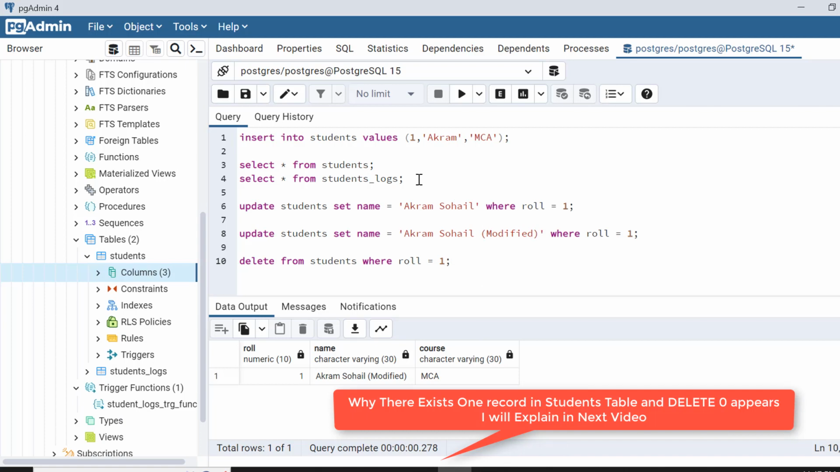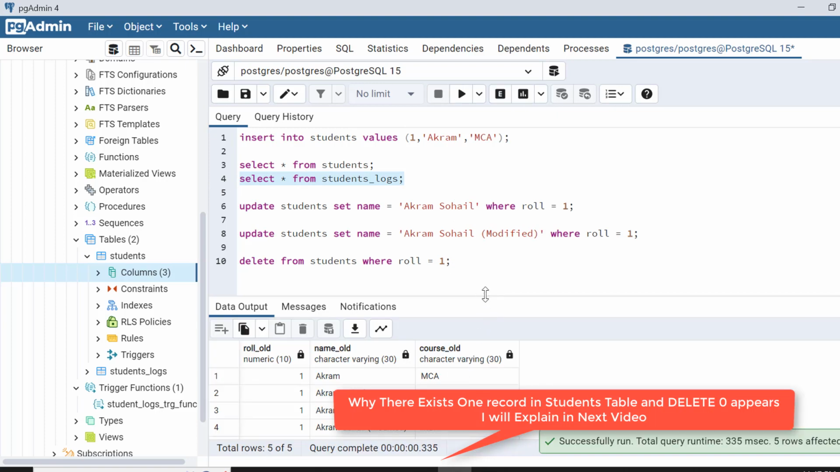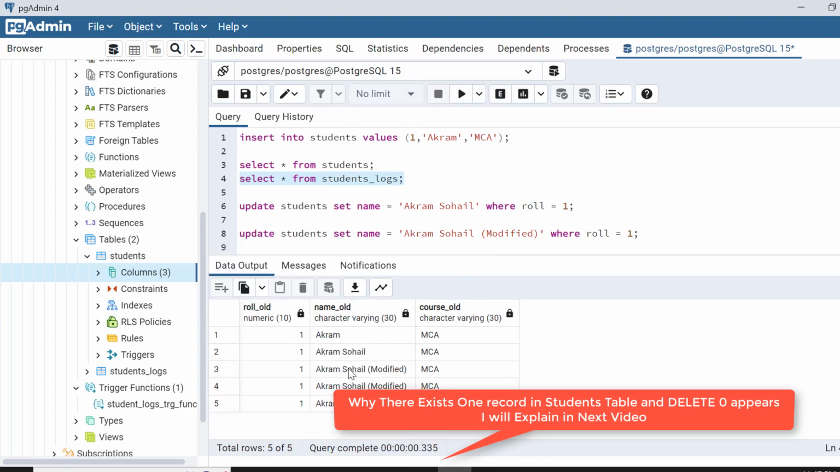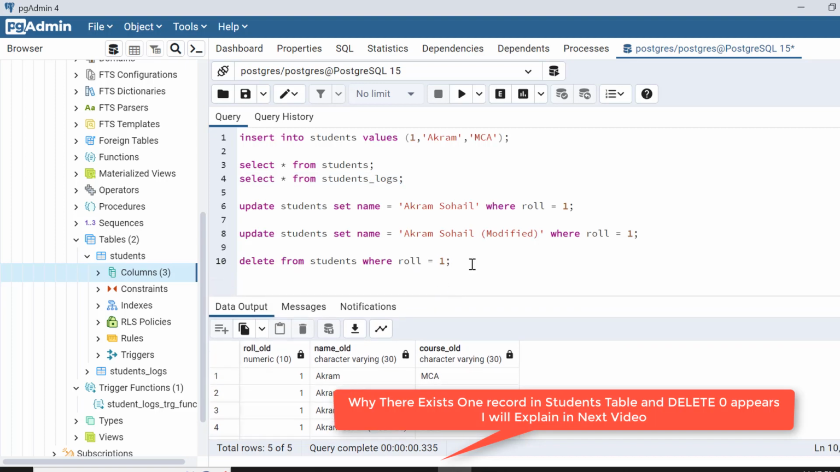So here it is, the times I have tried to delete it. So all the logs will be captured here because I have performed the delete statement for the students table. So here we saw how the trigger function works for the PostgreSQL database, and for now we have seen this much,